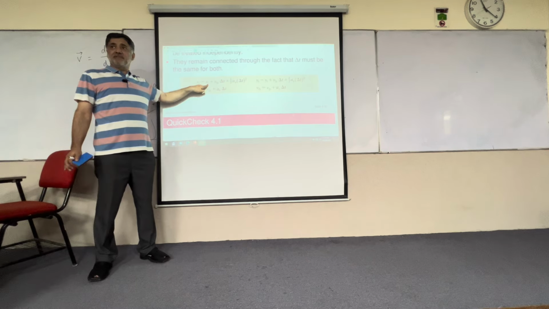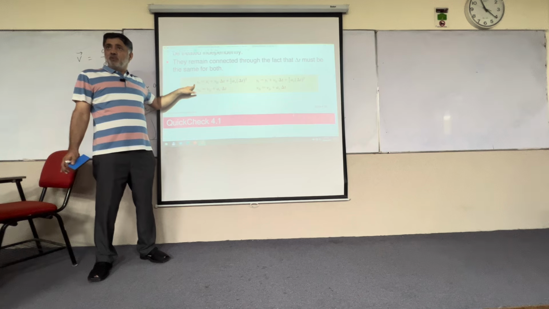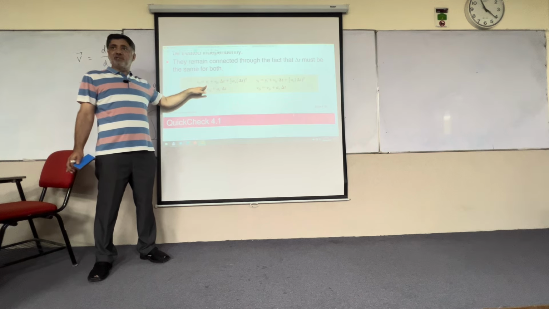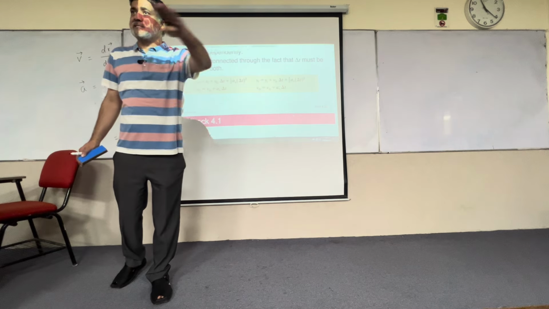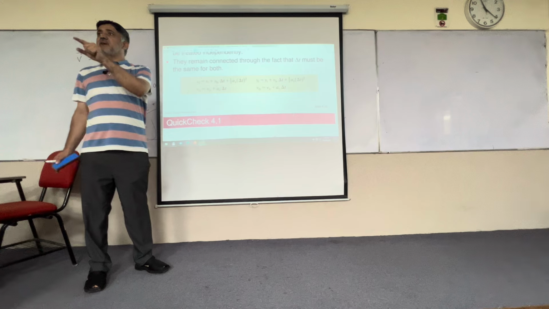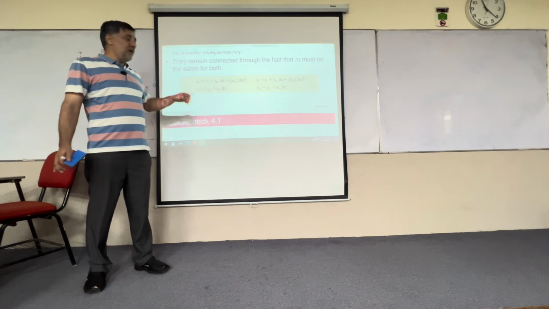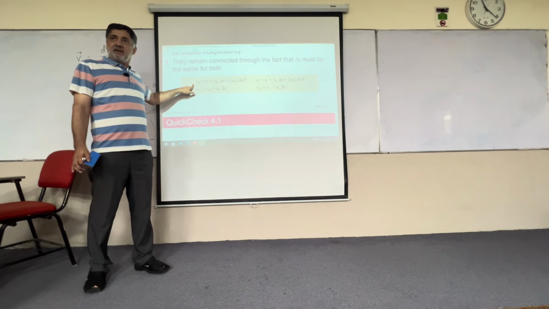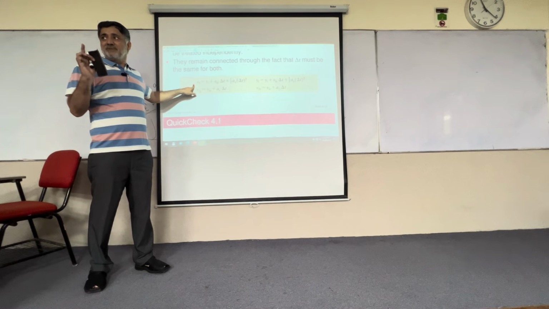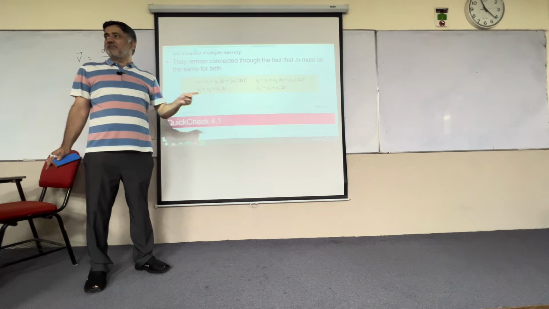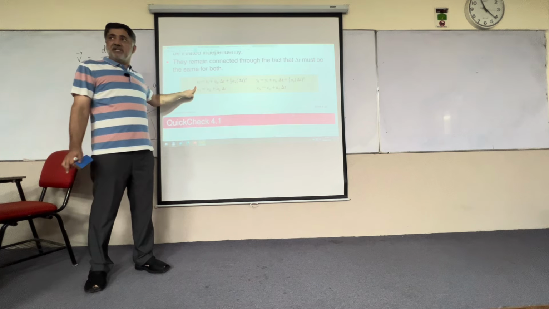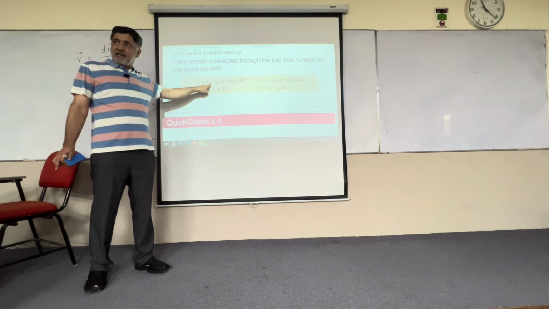So initial, i is for the initial, f is for the final. So the new position, this is how you read. The new position is computed from the old position, and let's say the computation is only along one axis. So along the x-axis, you have to do this in order to understand the equations. Along the x-axis, the new position, not the displacement, the new position. What is the displacement? xf minus xi. That will be the displacement. x alone is the position. So the new position is computed from the old position by adding